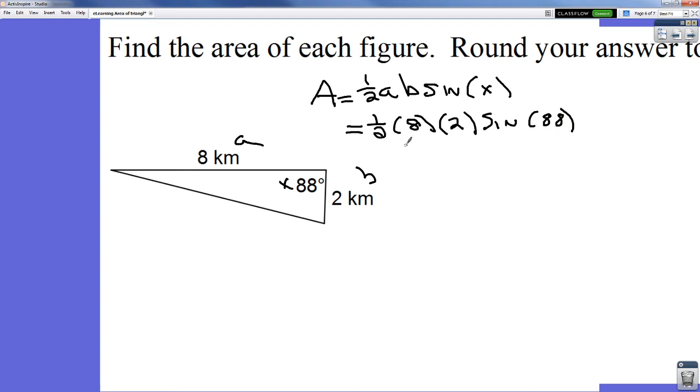And we're going to plug that into the calculator. 1/2, that's just 0.5, times 8 times 2 times the sine of 88, close parentheses, and you get